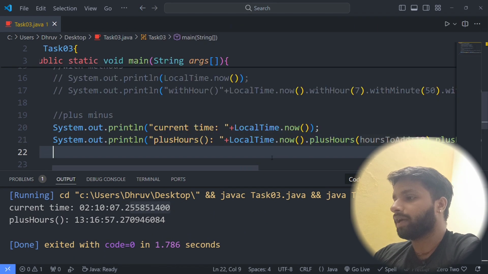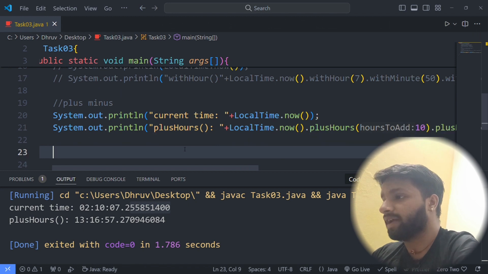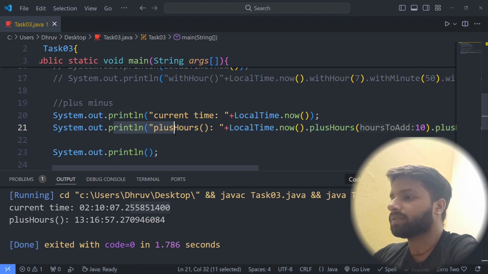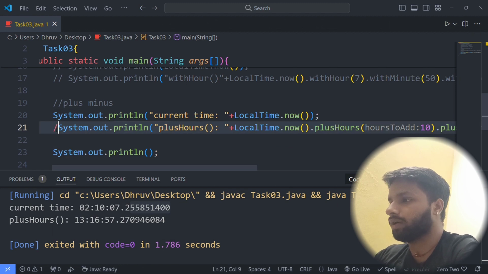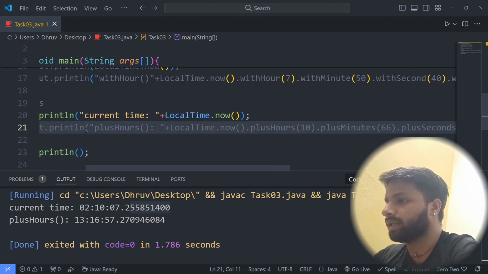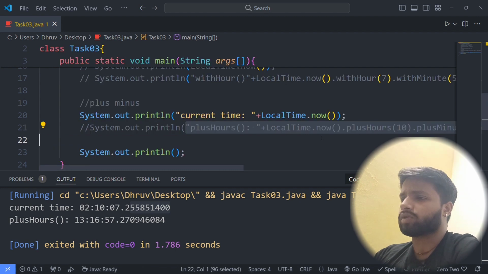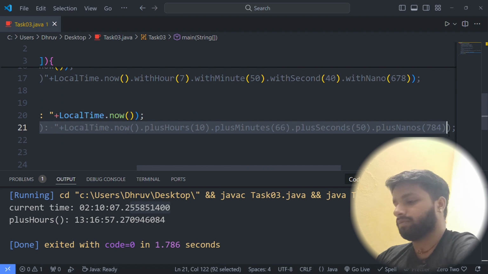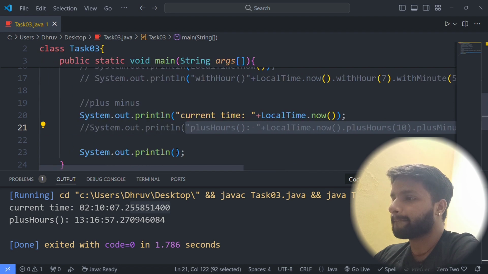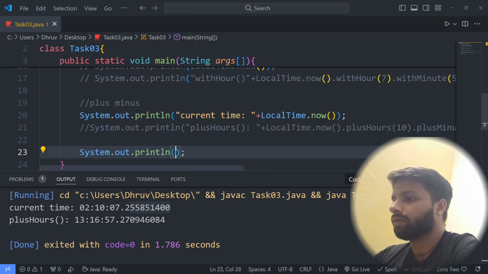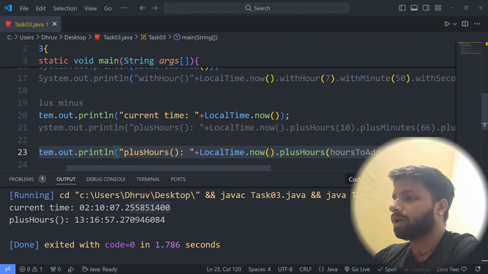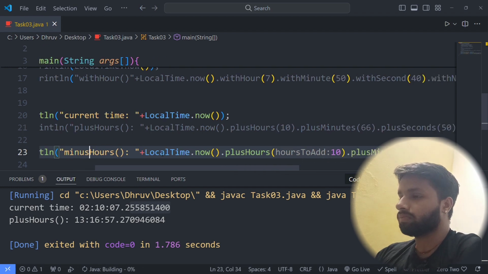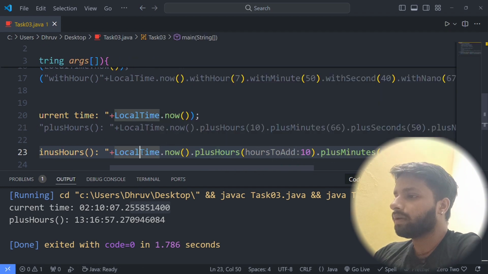No big deal. Okay, so like this we have the minus method. I will comment it out and I will show you all the minus methods. Let me copy this code, by the way. Why should I write again? Minus.